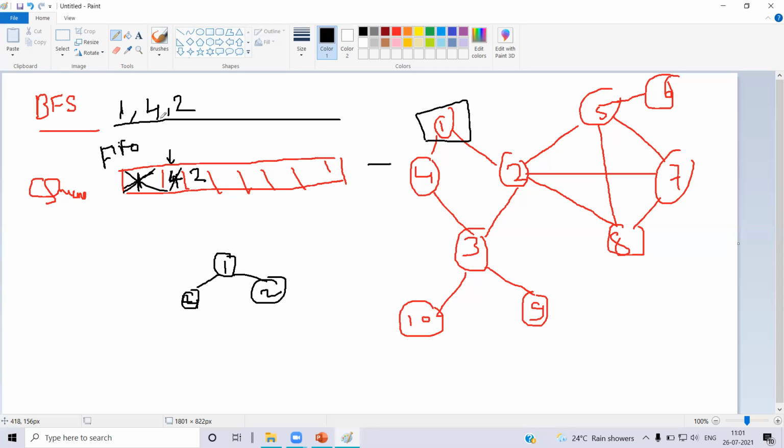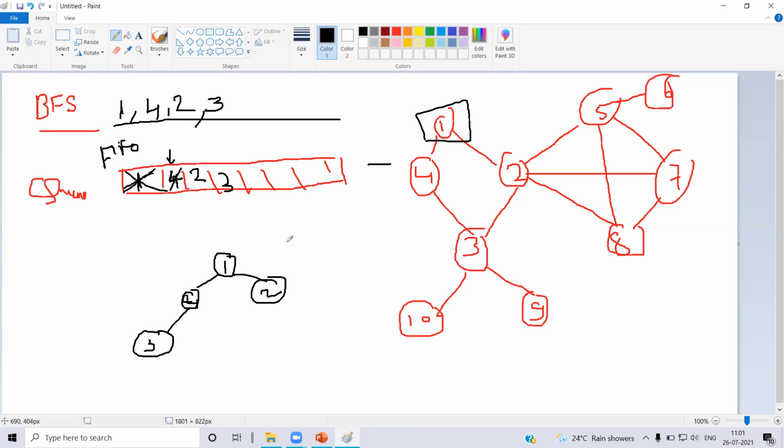So node 4. When I am at node 4, who are the neighbors associated with it? I can check that 3 is the neighbor associated with node 4. So that 3 will be entered in the queue, and in the result also it will be entered as 3.